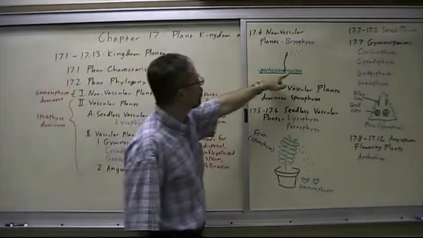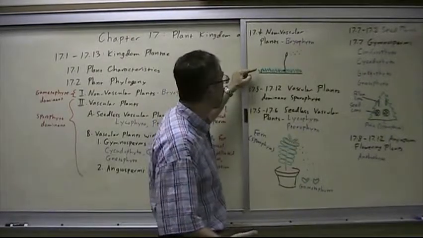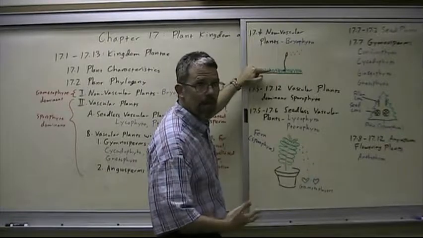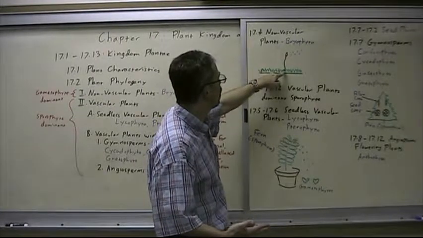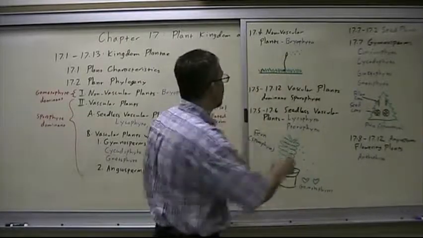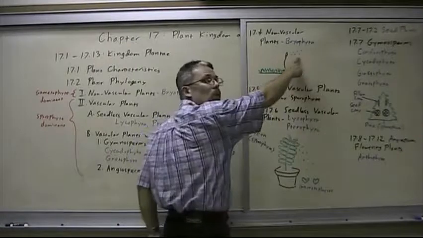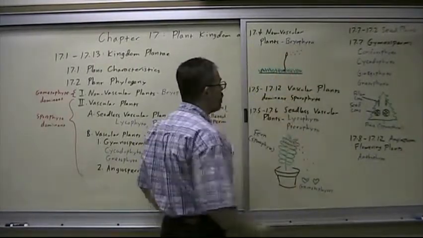Now, this little drawing shows a gametophyte moss growing in the dirt, and it'll produce eggs and sperm. The sperm literally have to swim to the egg, requiring moisture for fertilization. The fertilized egg will occur, say, right here, and then you'd have this diploid sporophyte growing out, produce haploid spores by meiosis. The spores fall into the dirt and make new mosses.